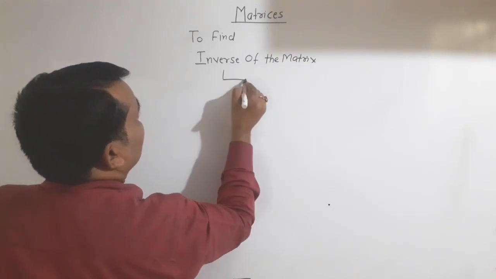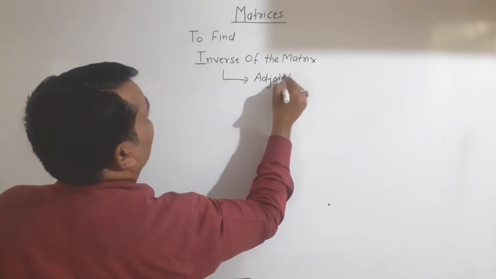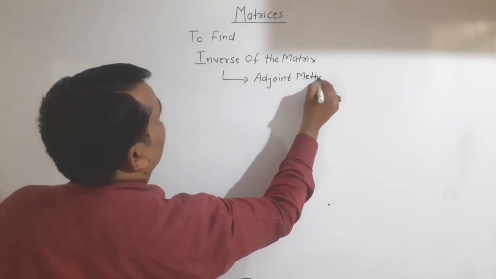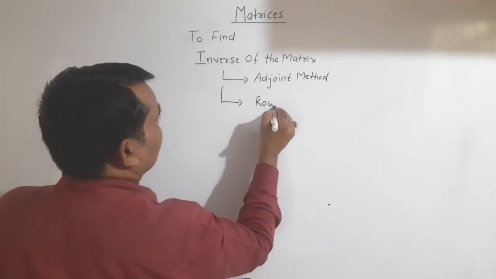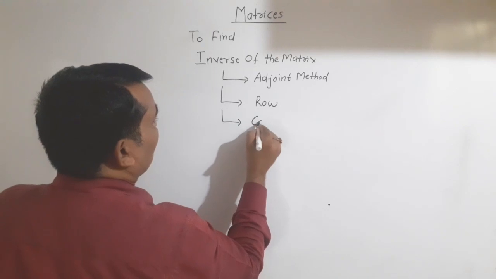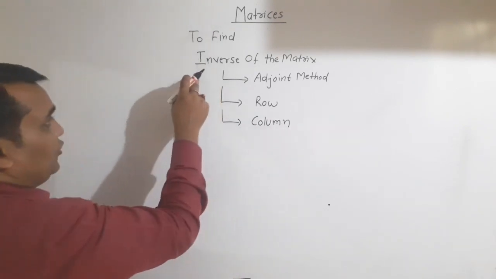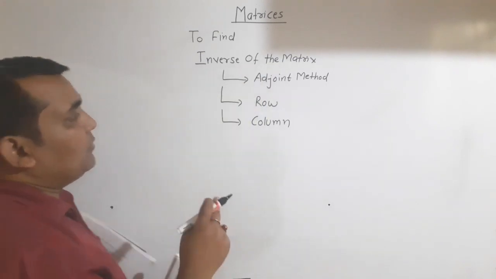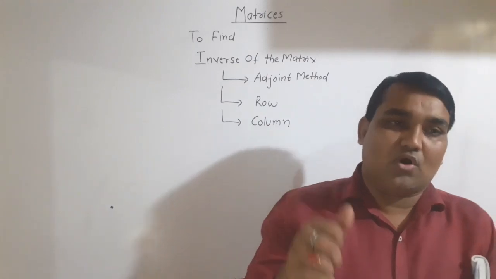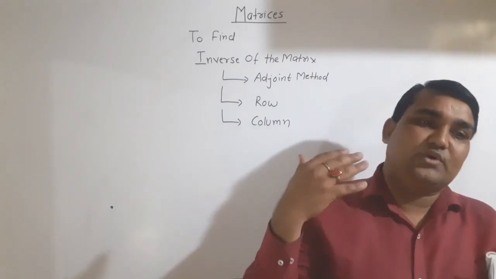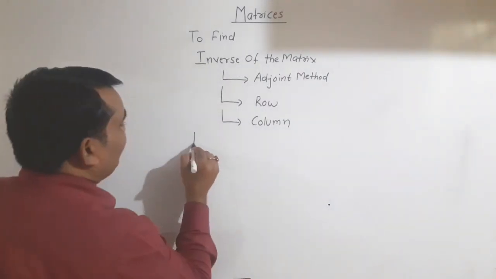Inverse of the matrix by the adjoint method. Next, by row transformation and by column transformation. So you have to find the inverse by using three methods, that is the row transformation, column transformation and adjoint method. Second one, you have to find the value